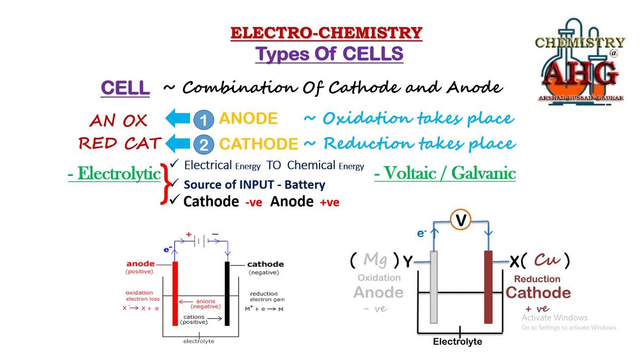For example, when you are charging your laptop or mobile set, then you have made it an electrolytic cell because you are providing electrical energy, and that electrical energy is being stored as chemical energy. But if you switch off the charging and you start using your mobile set or your laptop, then it becomes a voltaic or galvanic cell, because stored chemical energy is being converted into electrical energy, and that electrical energy helps to run software and different apps on our mobiles and laptops.